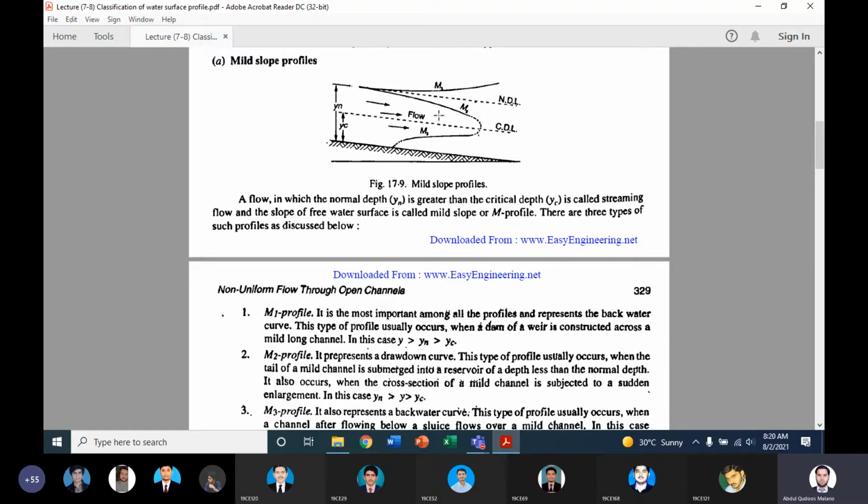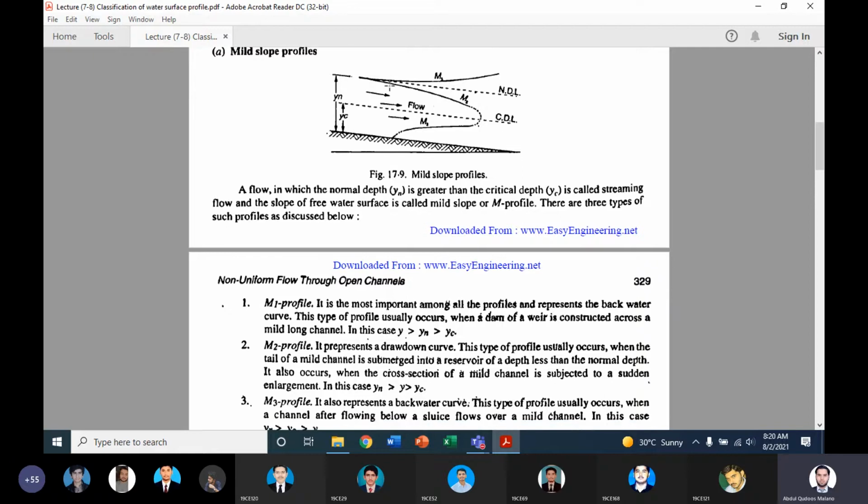Okay, these are the general points to be kept in mind, and you would have the concept of the normal and the critical depth, which we have discussed in the previous lecture. So the first profile, M1 profile. ठीक है, अब ये where is the first profile? This is the first profile of the mild slope. Now before discussing any point over here, ठीक है, if you see the first profile,